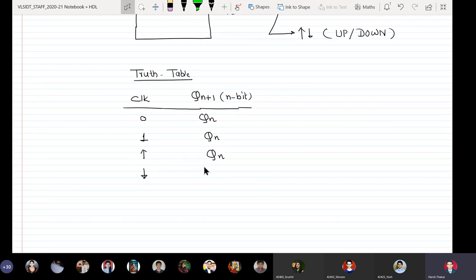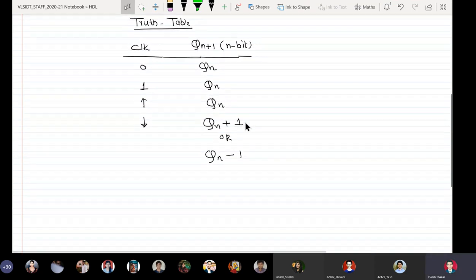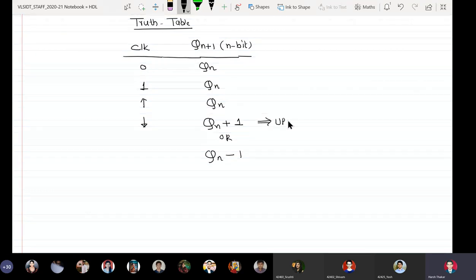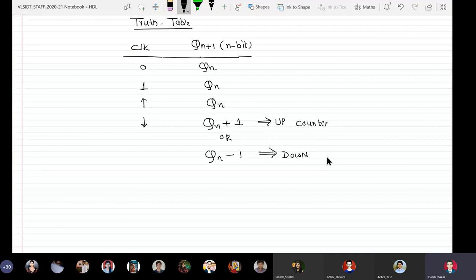And when falling edge comes, then it will be Qn plus 1 or Qn minus 1. Okay, so if at the arrival of falling edge of the clock, my output is Qn plus 1, then it is an up counter. If it decrements by 1, it is a down counter.